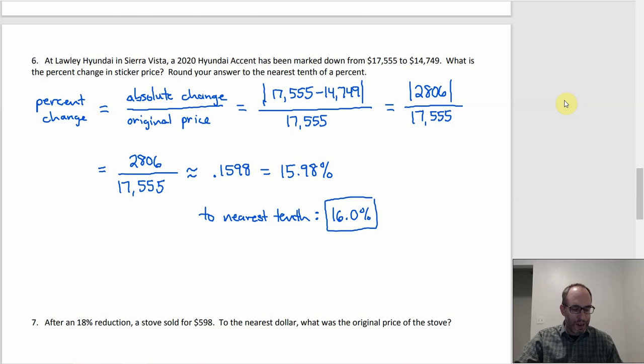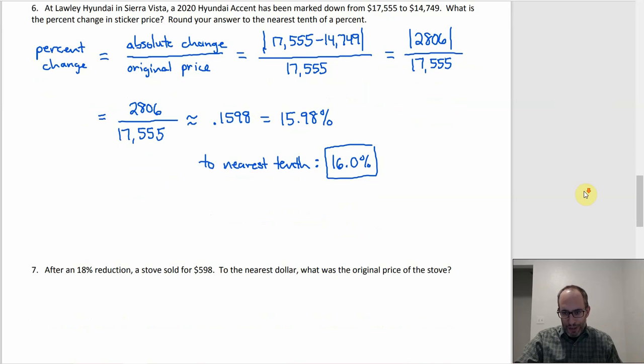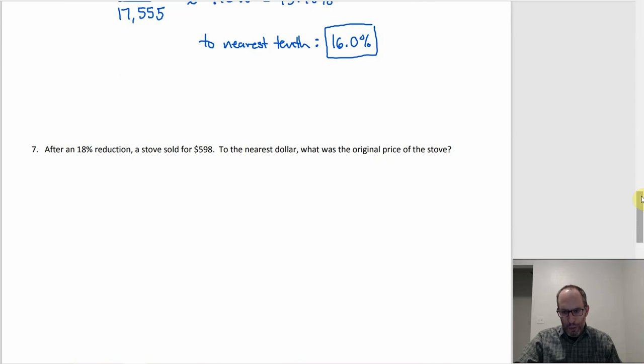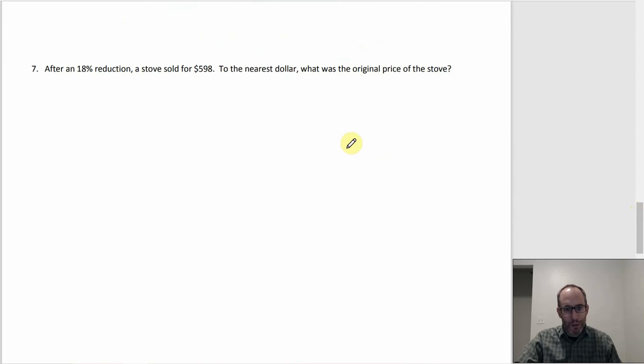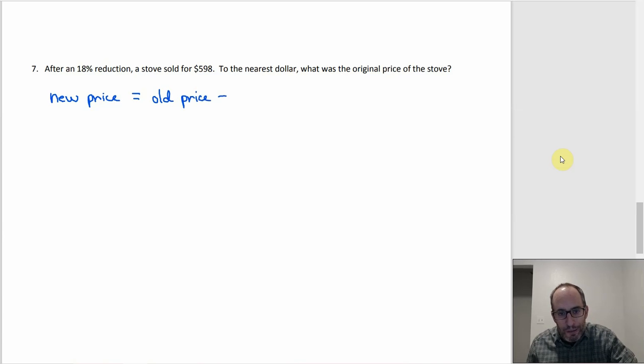All right. Number 7 is one where we're going to solve for the original price, where we know what the reduced price is, and we know what the percent reduction is. So, well, how would the 598 have come about? Well, this is a reduction, it's a decrease. So what would have happened is, in order to get the new price, which is the 598, and I'll sub that in the next step, it would be the old price, or the original price, minus